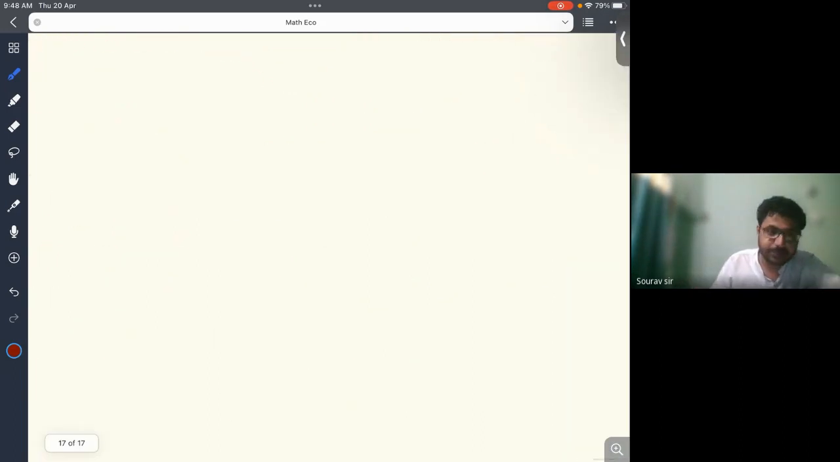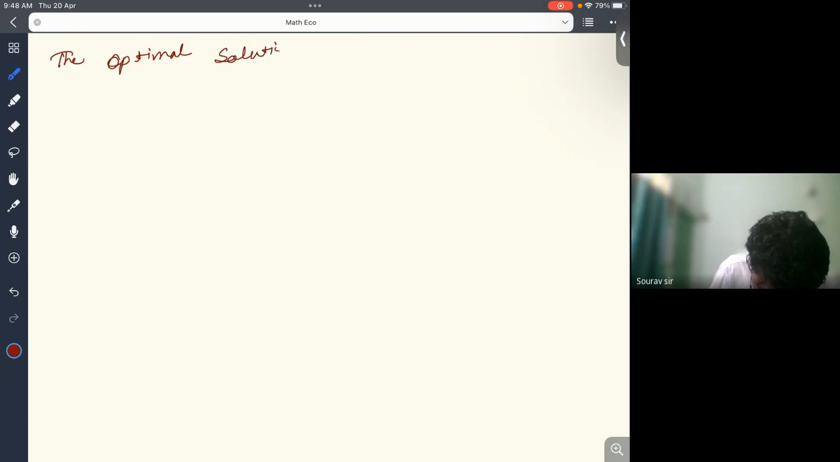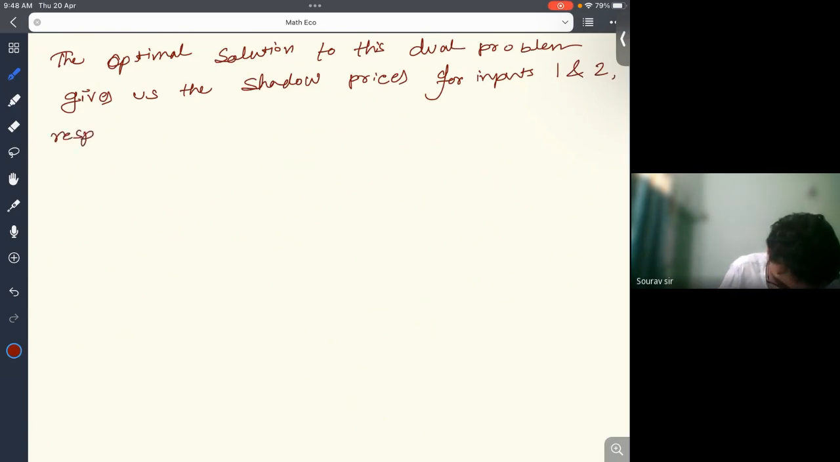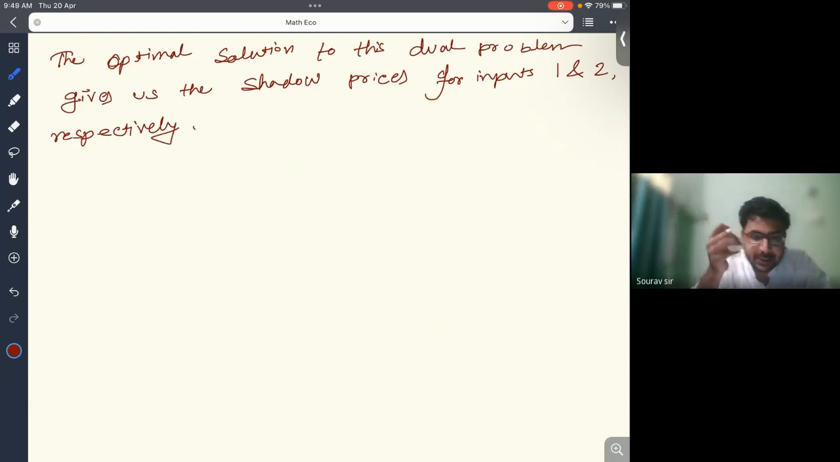Okay. So the optimal solution to this dual problem gives us the shadow prices for inputs 1 and 2 respectively. Okay. So solving the dual problem, it yields